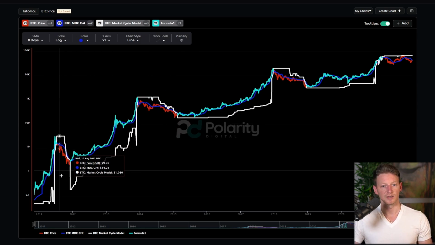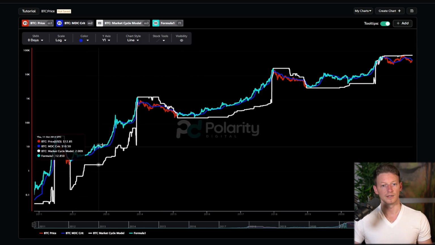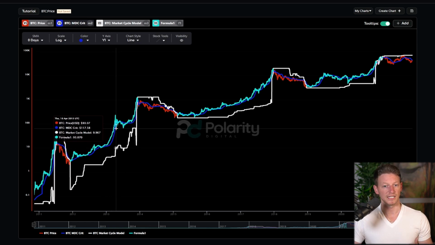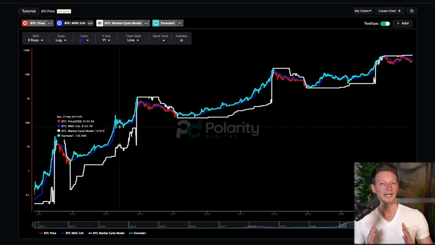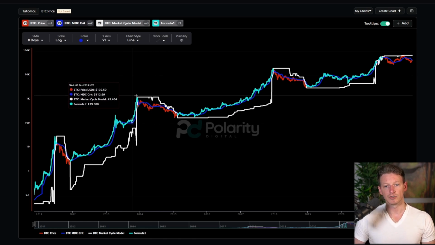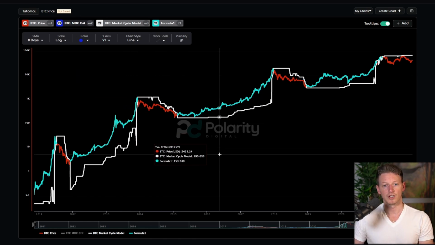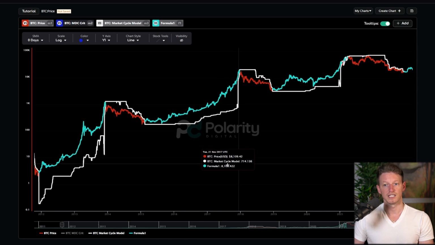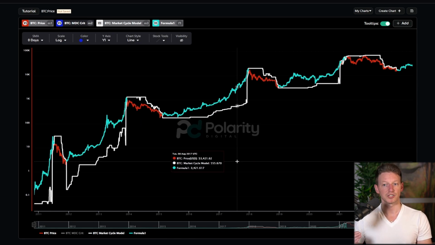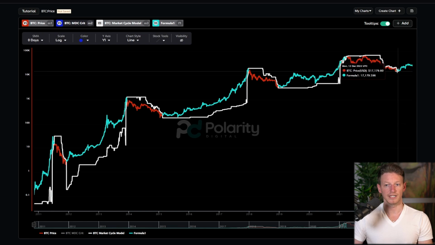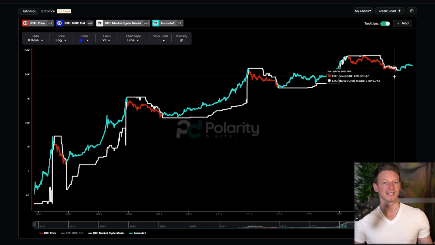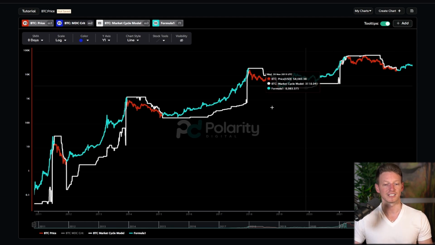In this case, the market cycle model, when the price of Bitcoin is green, that's going to be an uptrend for the market. And you'll notice that this model, I'm going to hide the MDC again, almost perfectly identifies for us the overall major market moves. Now, ignore this part here because remember, we're not actually publishing this yet, so we're keeping it a secret until the actual site goes live next Tuesday.